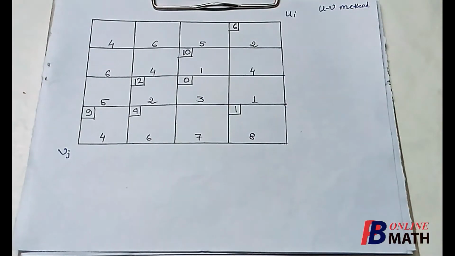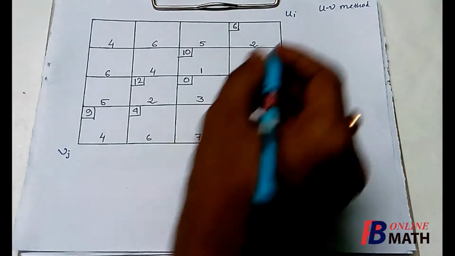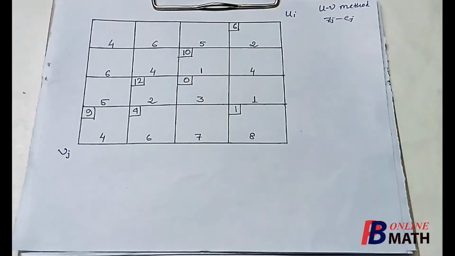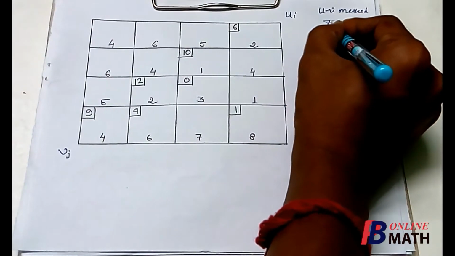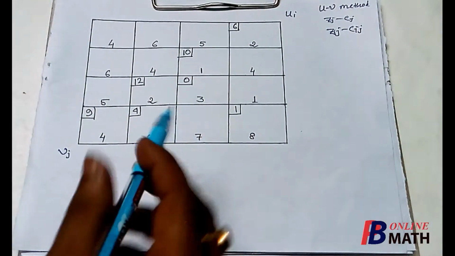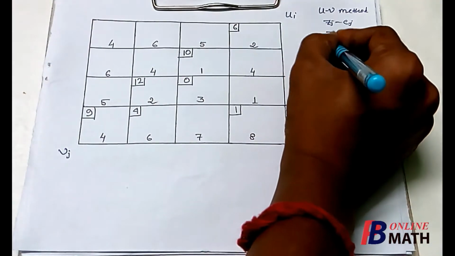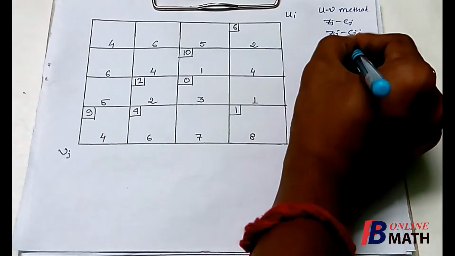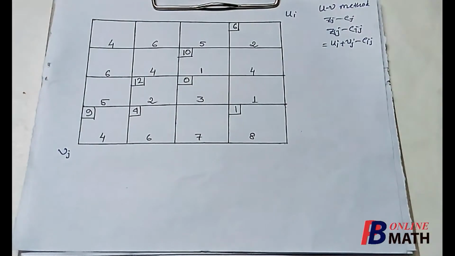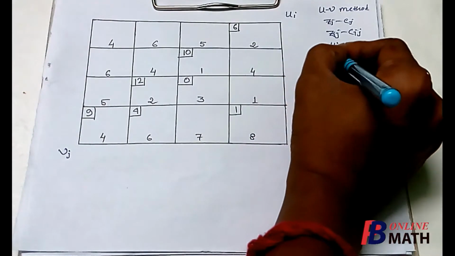Actually, this method is like the simplex method. In the simplex method, at the final optimal table, we find zj minus cj. Now, since in this case the cost vector is a matrix, in this transportation problem, to check the optimality condition, we have to check zij minus cij, where cij are the cost values and zij will be equal to ui plus vj minus cij, and these values will be called net evaluations.